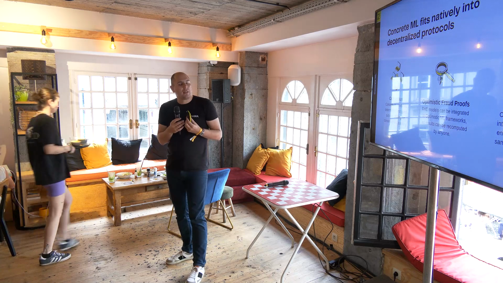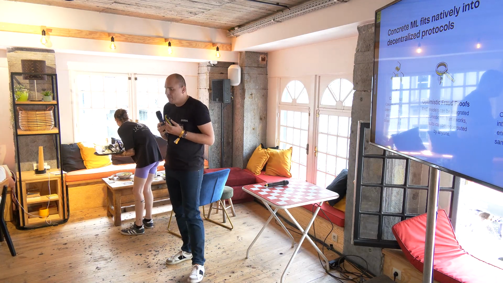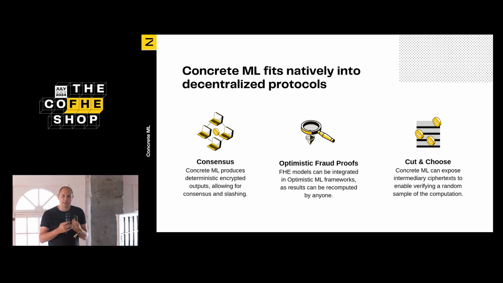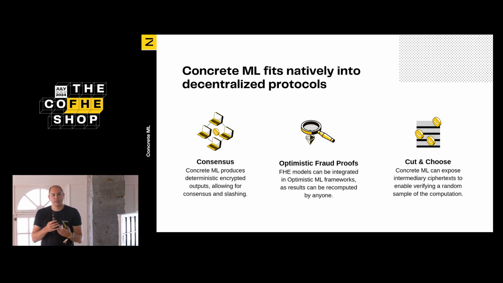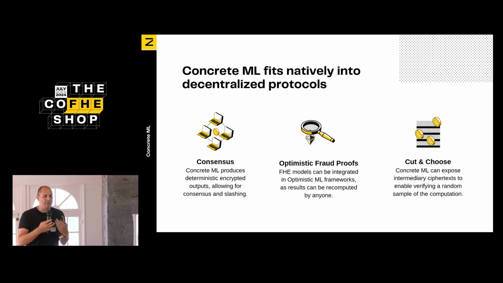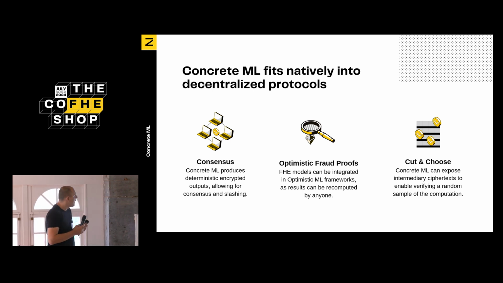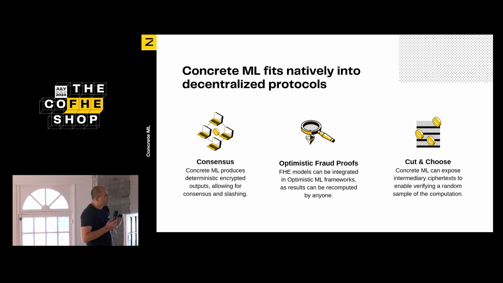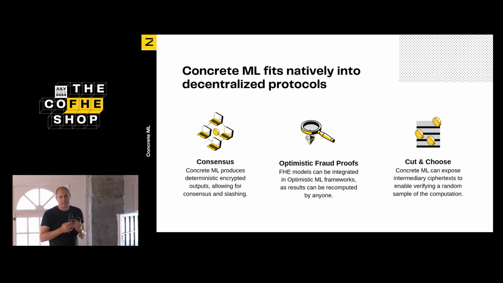So we talked about the privacy that can be provided by encryption, but because we're using public infrastructure, we also need to handle verification of the computations that are done by worker nodes. We are protecting the data, but we also need to ensure that the models or the AI applications were performed correctly.